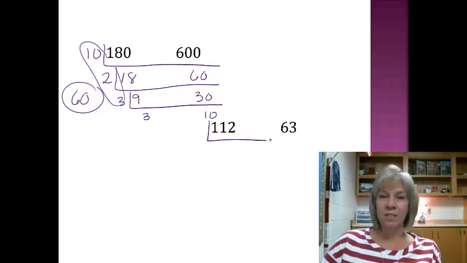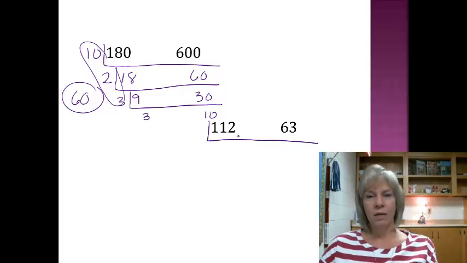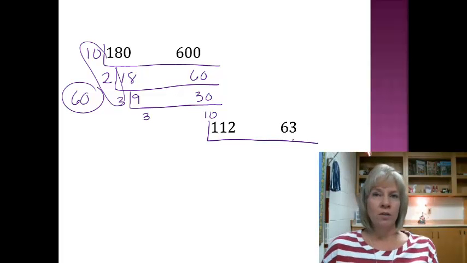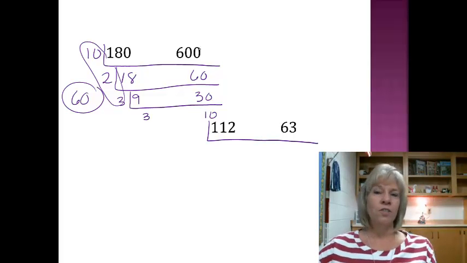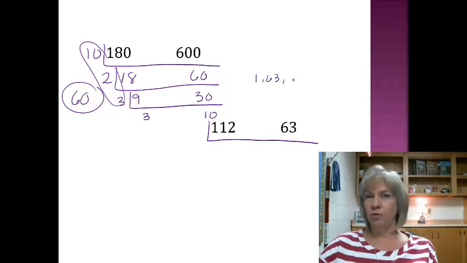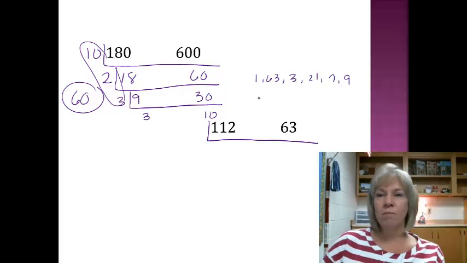112 and 63. Okay, this is a kind of a hard one. Now, 63 is my smaller number, so let's start with that. Let's think of all the factors of 63. We have 1, 63, 2, no, 2 doesn't go in there, 3 and 21, and 7 and 9. Any more? No, that's it. Now, do any of these numbers go into